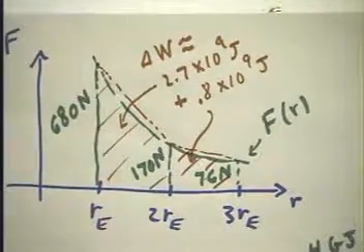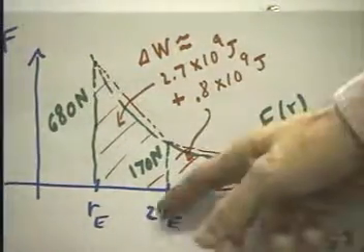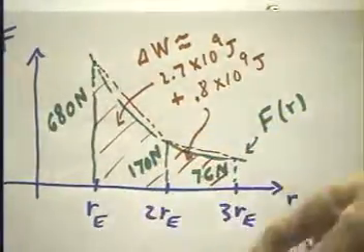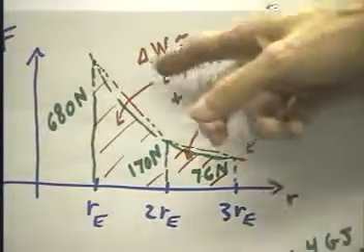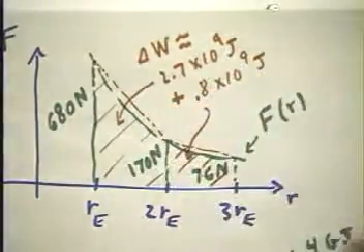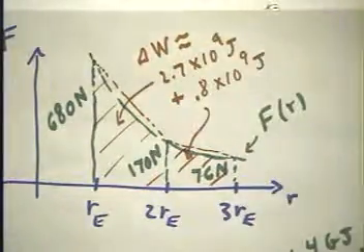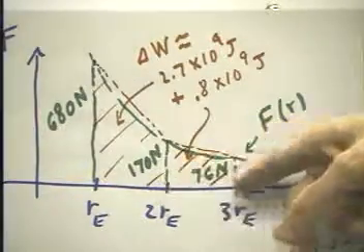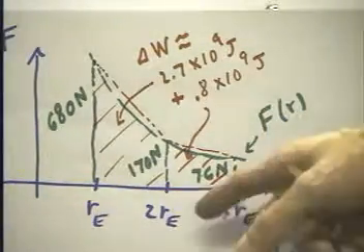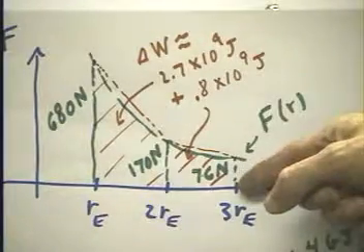We could extend our calculations out to another Earth radius, from 1 to 2 Earth radii. Remember, we get the delta W approximately equal to 2.7 times 10 to the 9th joules, or our more accurate estimate, hopefully, of 2 times 10 to the 9th joules. Over the next trapezoid, we're going to go out to 3 times the Earth radius. At 3 times the Earth's radius,